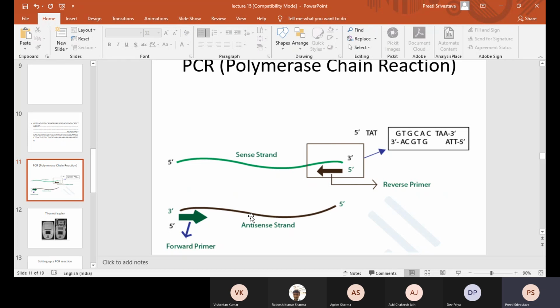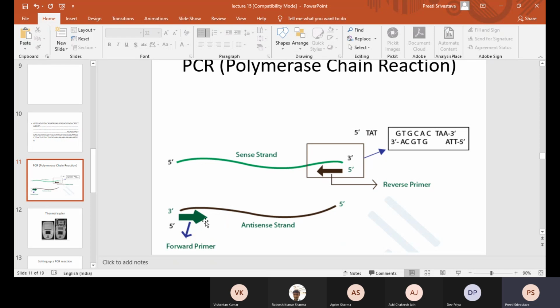So the primer will extend with the help of polymerase in the 5' to 3' direction. What you see in the figure is one primer shown in black, which binds at the 3' end of the sense strand, and then it will extend the chain, correct, class?